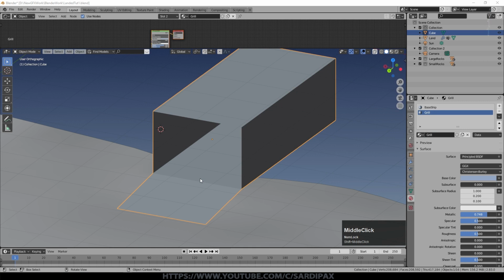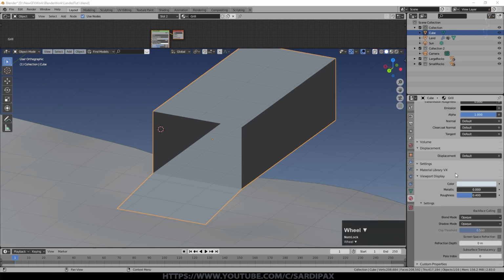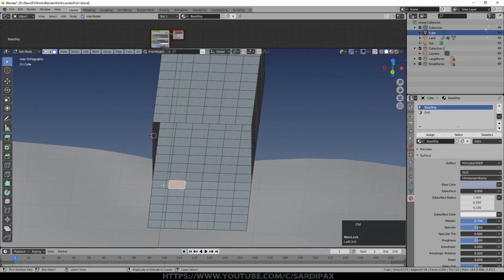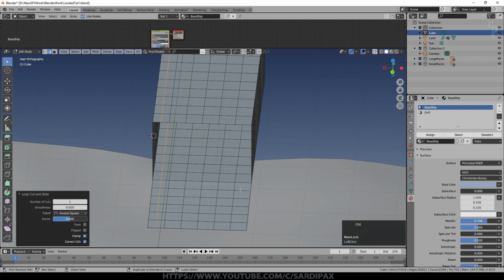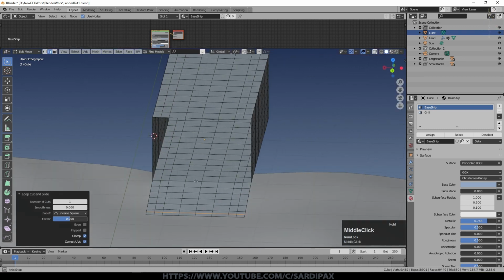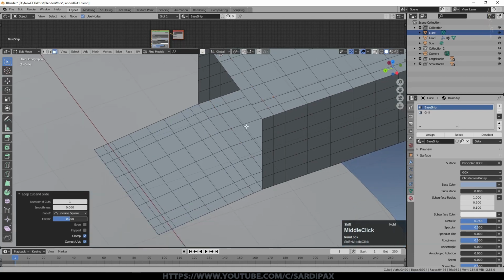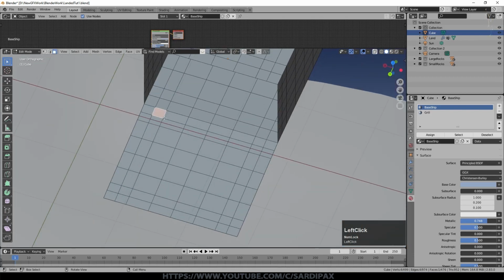So I decided to create the grill procedurally. I'm going to give this first of all a different viewport color so that we can see where we've allocated the grill. So this is really just the idea of something that people would walk on that isn't too slippery. So I'm just adding with Control R some additional loop cuts there, and I'll put some there and there as well. And the reason is so that I can select specific areas and not others.